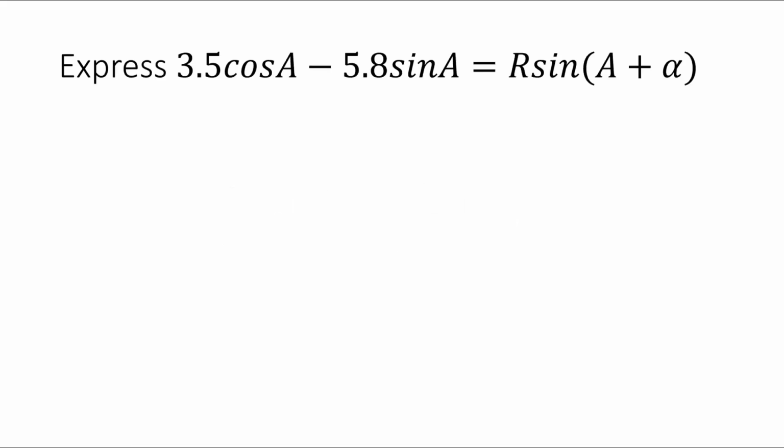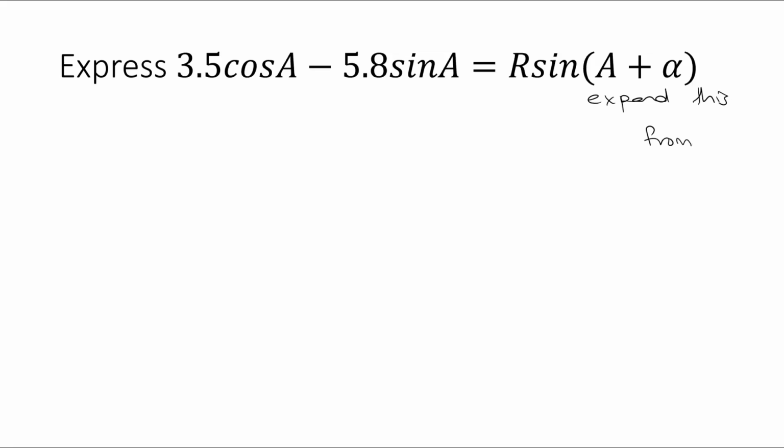So we're going to look at 3.5 cos A minus 5.8 sine A, and we want it in the form r sine(A plus alpha). Using compound angle formulas from your textbook, from a list, wherever, we're going to expand the right-hand side, and I'm going to write it just underneath the left-hand side. So the right-hand side, if I expand this